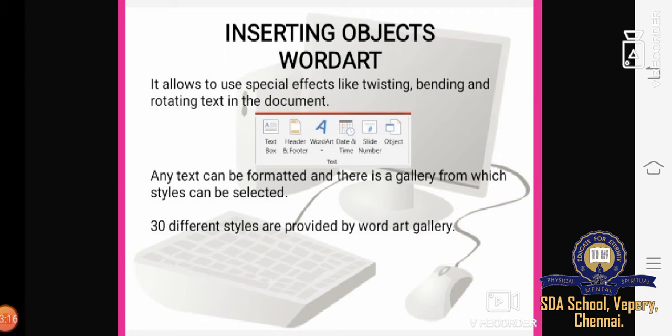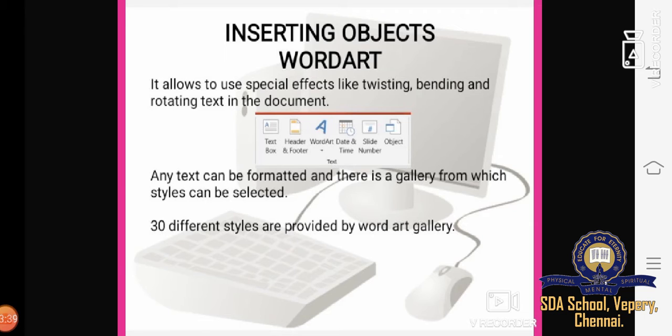In the document, WordArt allows us to use special effects like twisting, bending and rotating text. Any text can be formatted, and there is a gallery from which styles can be selected.